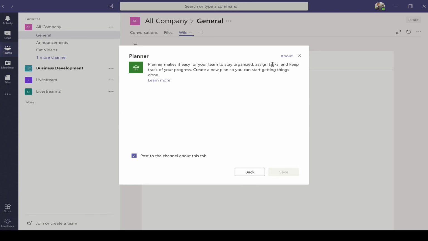OneNote you can open inside OneNote. Oh, okay. So there is that. OneNote lets you have categories and workbooks and a couple of other layers of documents, where a wiki is really just a series of documents that have an index. So another cool thing with OneNote, I'm not sure that a wiki does it yet, is you can create different types of elements, such as a checklist in OneNote, and then you can start checking off the things that you've done. Or you could just create a plan in your team,